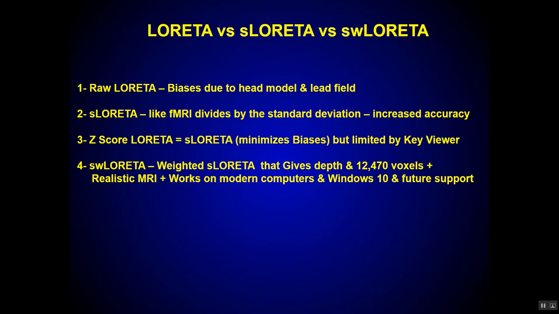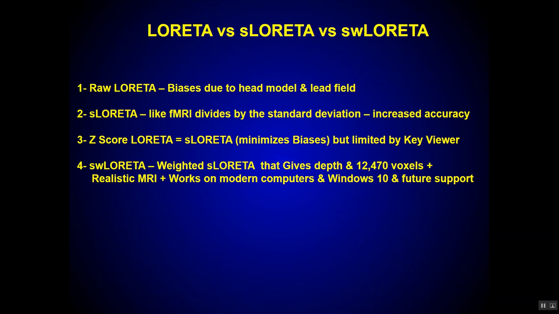So you can look at the whole cortex from the top layer, layer 1 through layer 6, excuse me, and get an idea of what the density of currents is at these varying depths. You cannot do that with sLoreta. You can only do it with swLoreta. Another thing is that swLoreta does not use a spherical head model, that is, a sphere that you shrink onto the scalp, because the brain is actually shaped like a loaf of bread. It's flat on the bottom, and it's elongated,